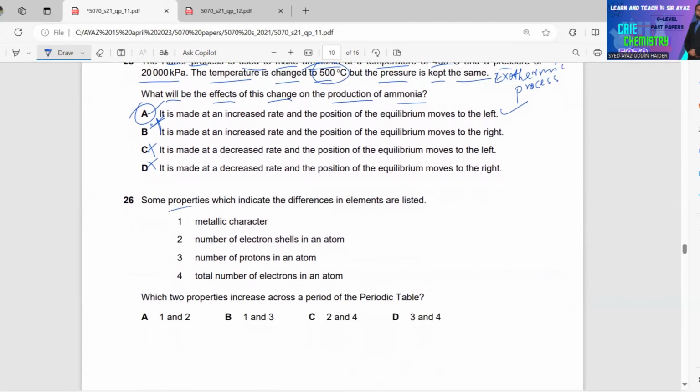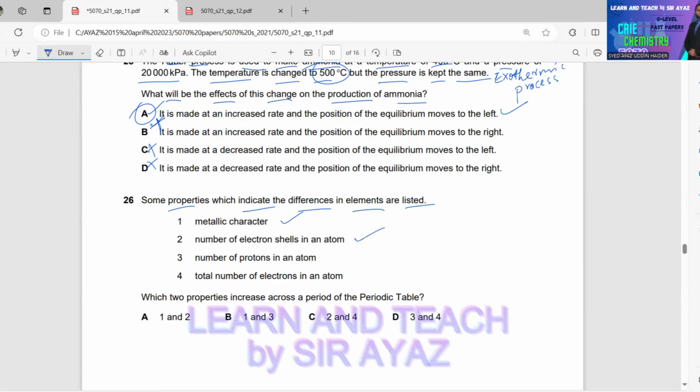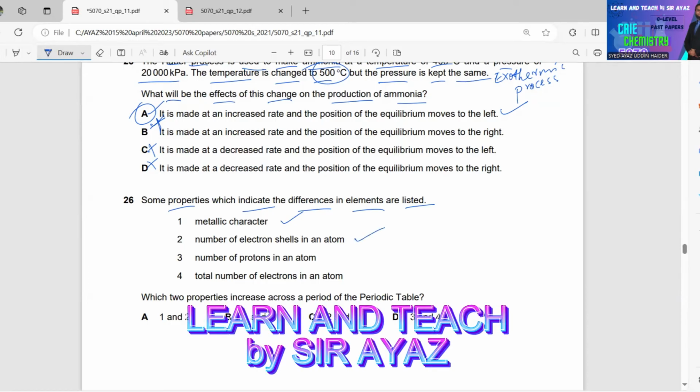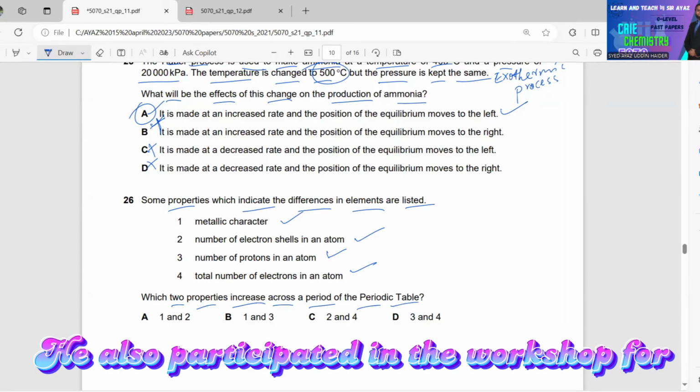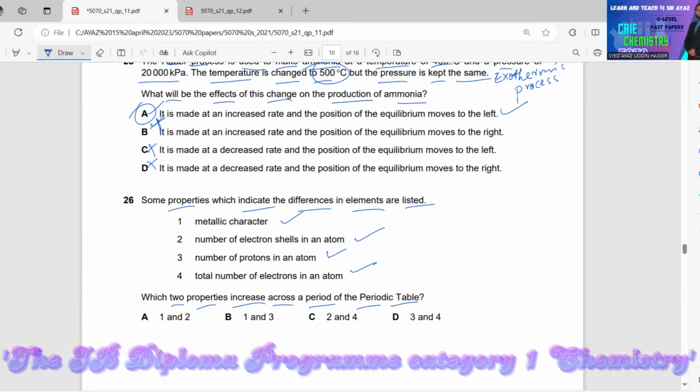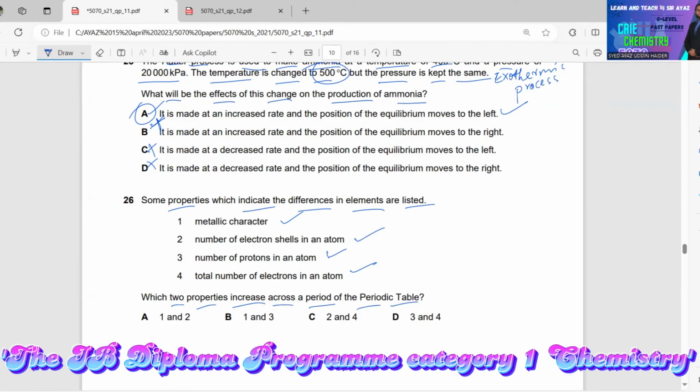26. Some properties which indicate the differences in elements are listed. 1. Metallic character. 2. Number of electron shells in an atom. 3. Number of protons in an atom. 4. Total number of electrons in an atom. Which 2 properties increase across a period of the periodic table? So if you move from left to right hand side,